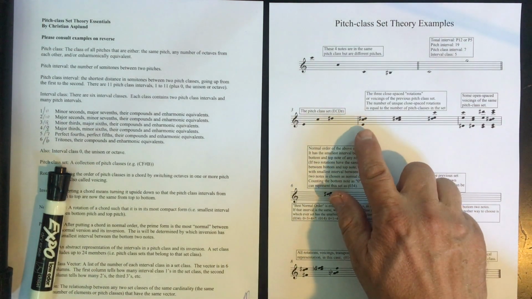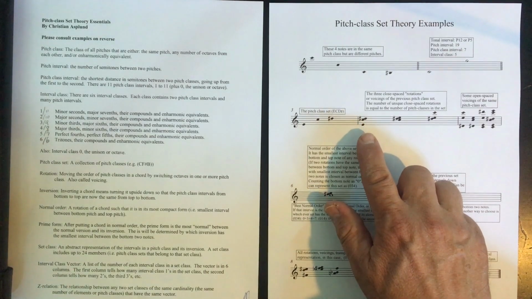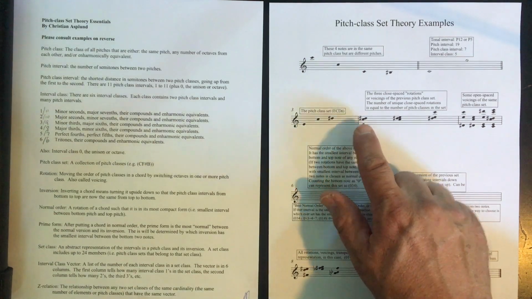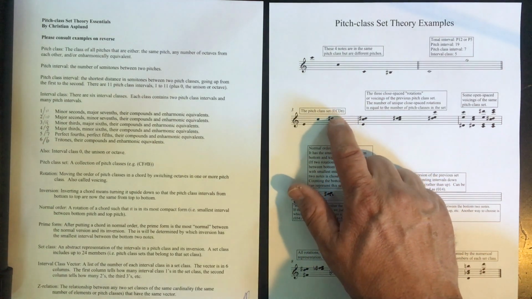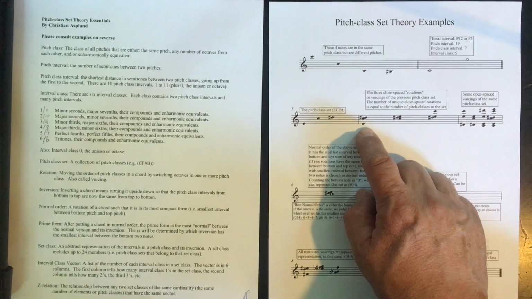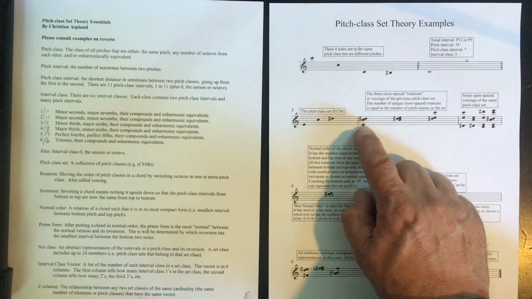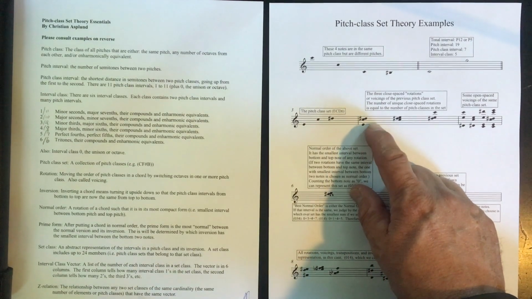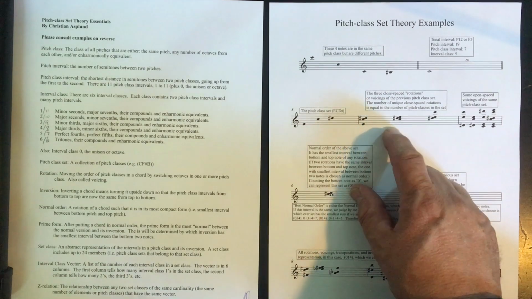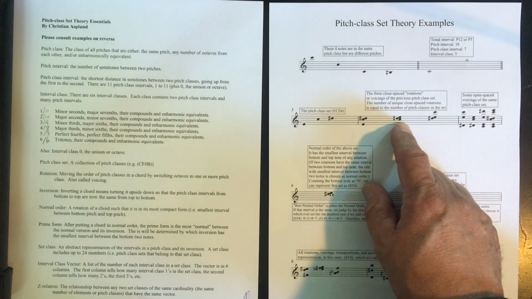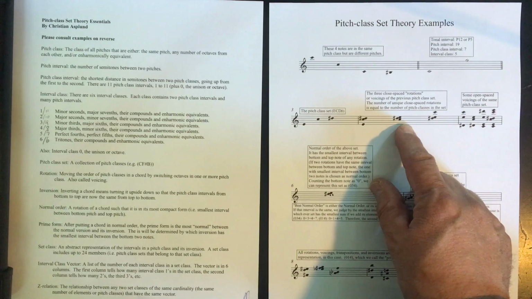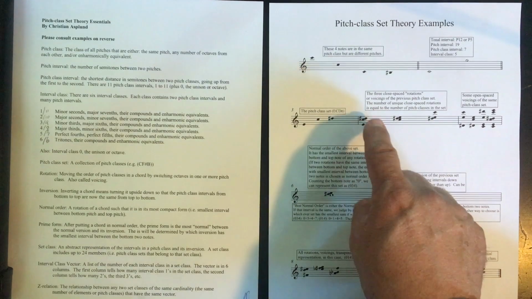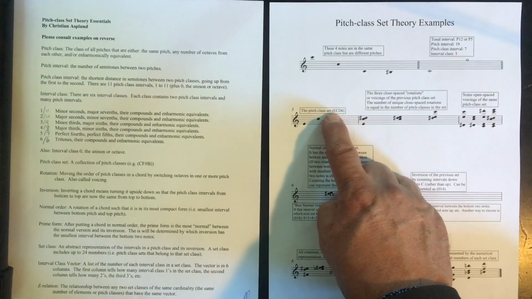Okay, so here are some basic operations of how to vary a pitch class set. In this case, a pitch class set consisting of these 3 pitch classes. We could take the close spaced version of this pitch class set and rotate it by changing the order in pitch space, moving this E up an octave. There's a new one. We could move the C up an octave. So those are two different rotations, but they're still the same pitch class set because they contain E, C, and